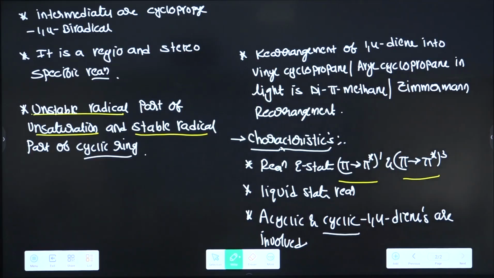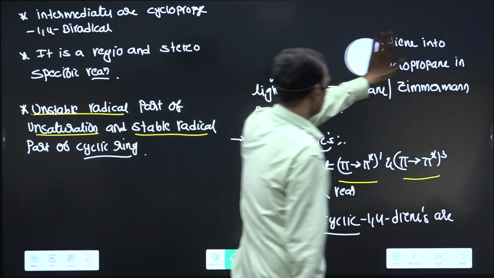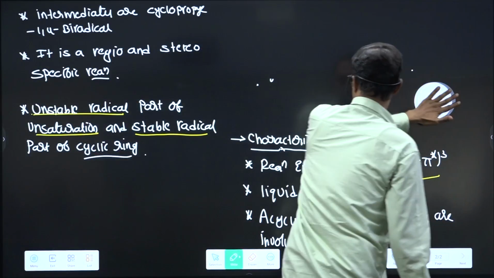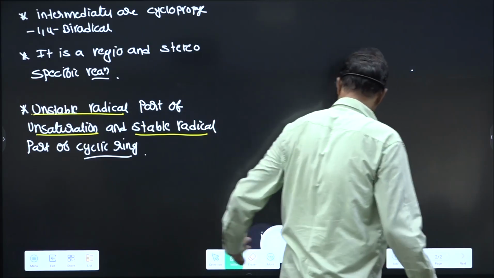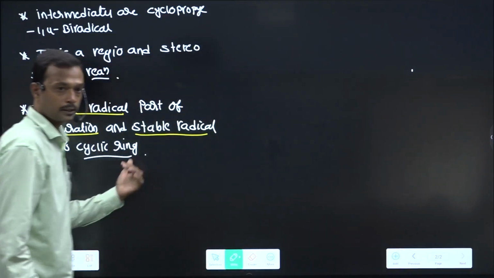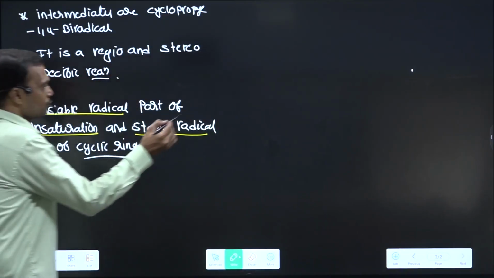Intermediate is cyclopropyl 1,4 biradical, regio and stereo specific reaction, unstable radical part of double bond, stable radical part of cyclic ring. Stable should be part of cyclic ring. So if you see the mechanism,